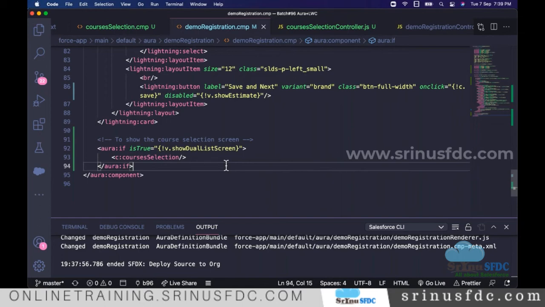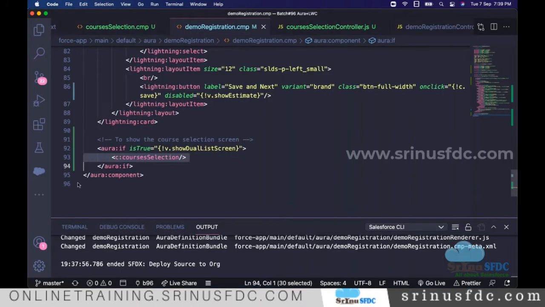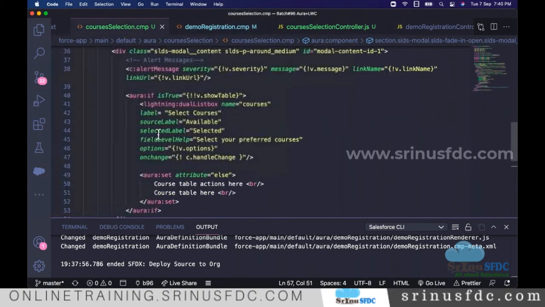So for our demo, we should also know about how we fire the component event. Let's say in the child component, when you click on any one of them, we are going to fire the component event. The component event will propagate by default in the bubble phase from child to parent. Here, this is the direct parent. Demo registration is the direct parent, so it can propagate to that. So let's fire one of the component events from the courses selection screen. Okay. Now to fire, what we have to do,